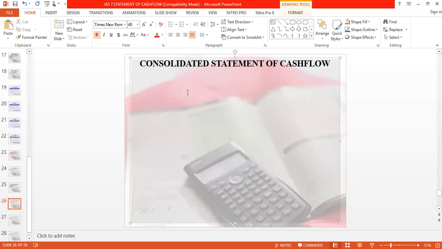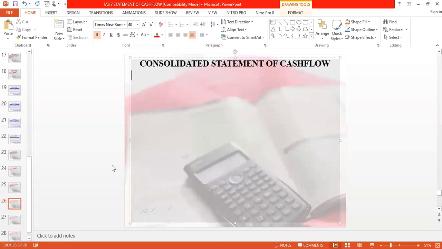So welcome all to today's class. We want to continue from where we had stopped yesterday. So yesterday we looked at statement of cash flows. We did three examples. There was the short first example that showed us how to calculate cash generated from operations